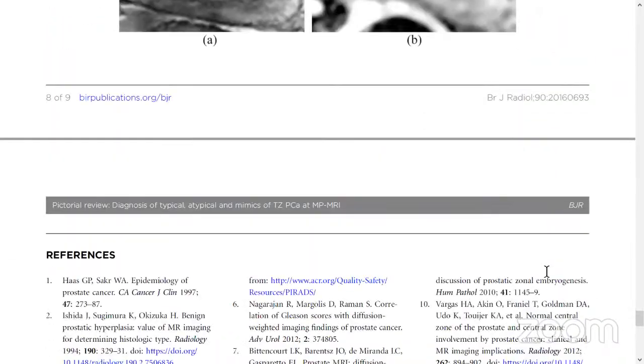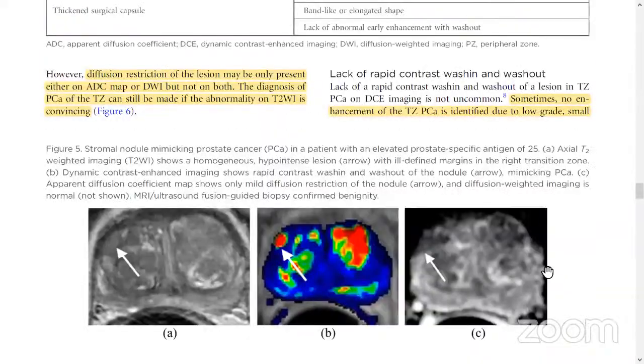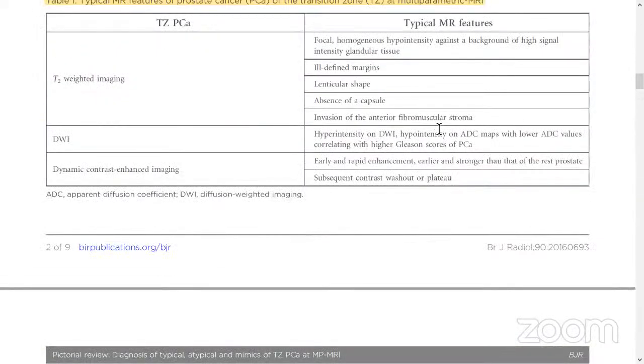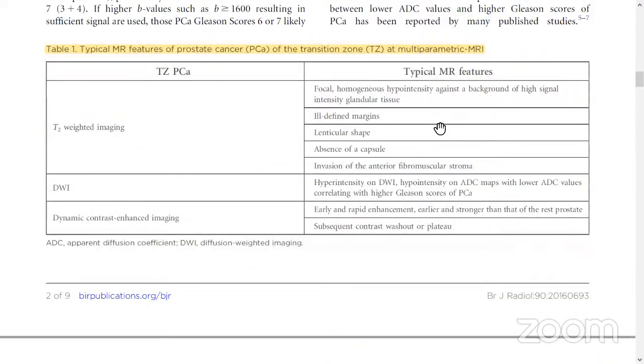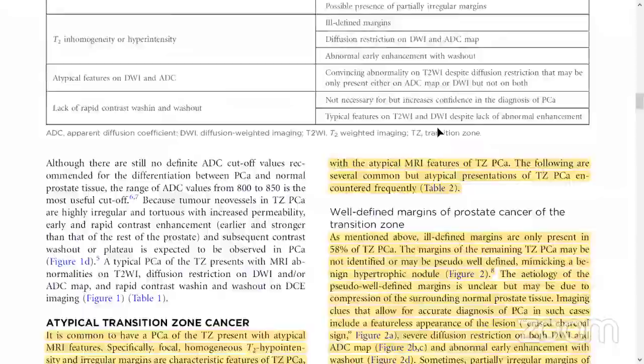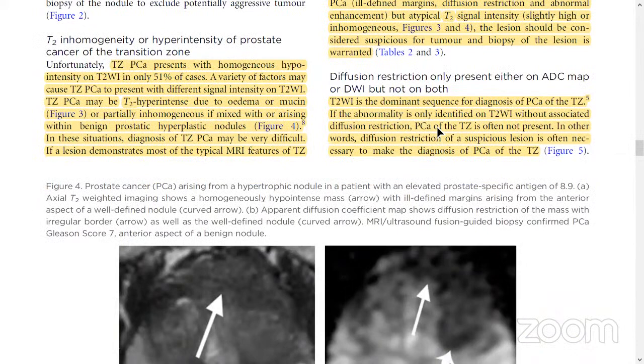So that is why we took this short article. It's a very short article, so you can quickly read and go through it. Links have been shared already. And even if you don't want to read the entire article, these 3 tables are enough to summarize whatever we have been talking about in the transition zone. So with this, let's move on